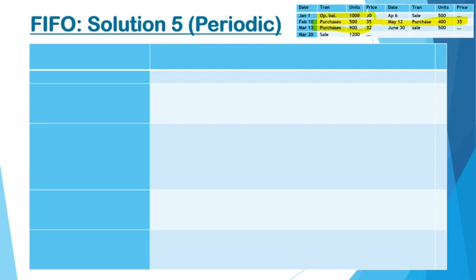Okay, so you have 4 lots with you. Now closing stock you will have to determine, because although it's requiring us to make calculations under periodic system, the system is perpetual. So what will be your closing stock? Your total purchases are 1000 plus 500 plus 900 plus 400, and your sales are 2200 units, right? Can you get that? 1200 units, then 500, and then again 500 units being sold.